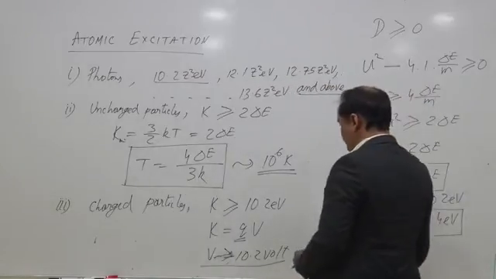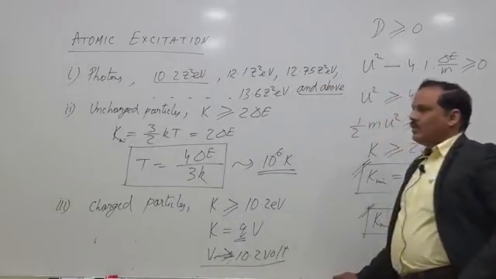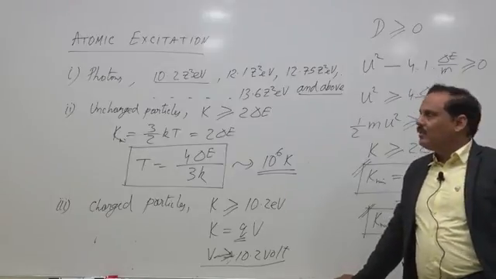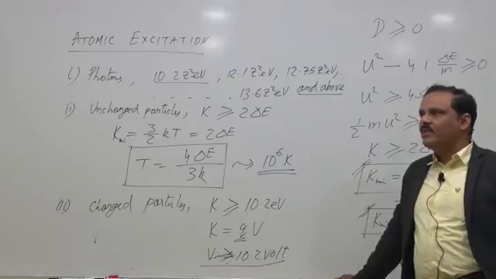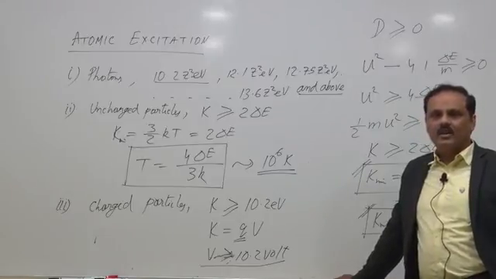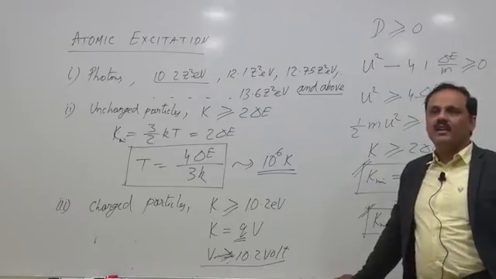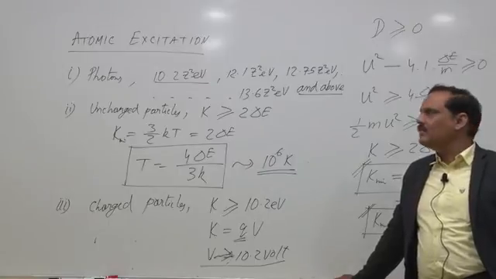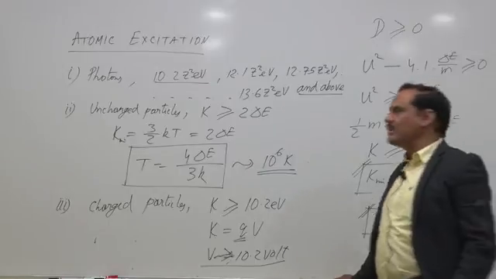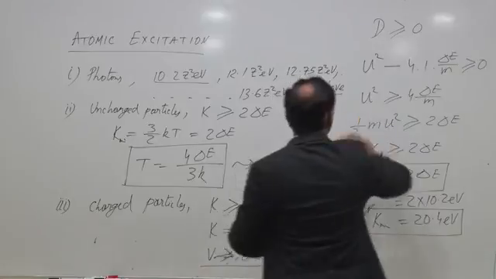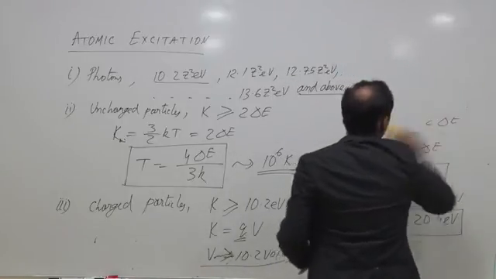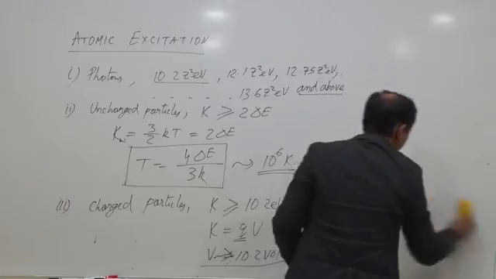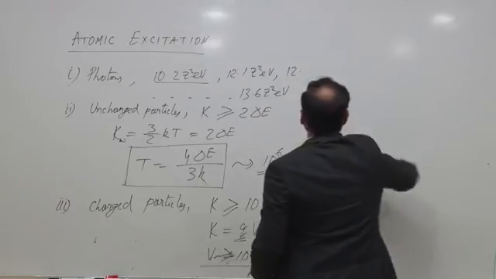Now, let me tell you the reason of the Bohr hypothesis. It is called the Bohr model, not Bohr theory, it is Bohr hypothesis, as Bohr could not explain his assumptions. But later de Broglie explained the Bohr hypothesis. So, we find de Broglie's explanation of the Bohr hypothesis. What did de Broglie say?